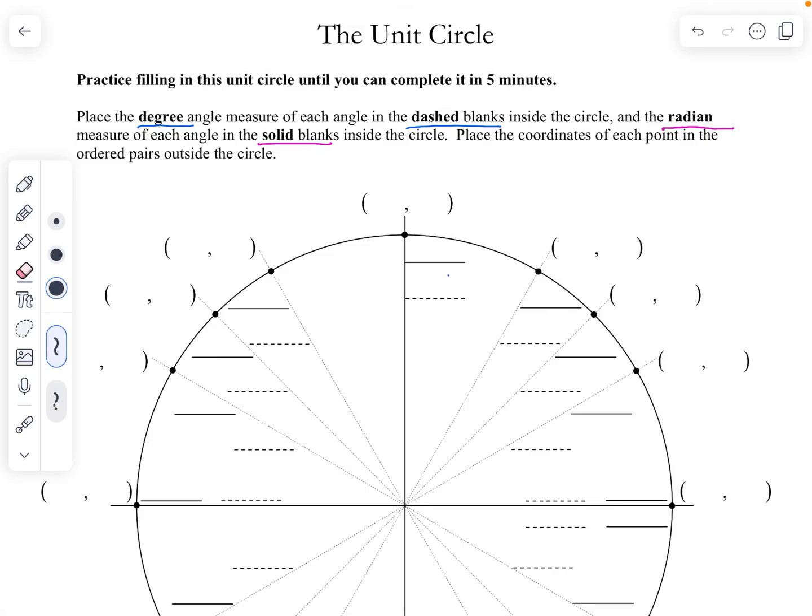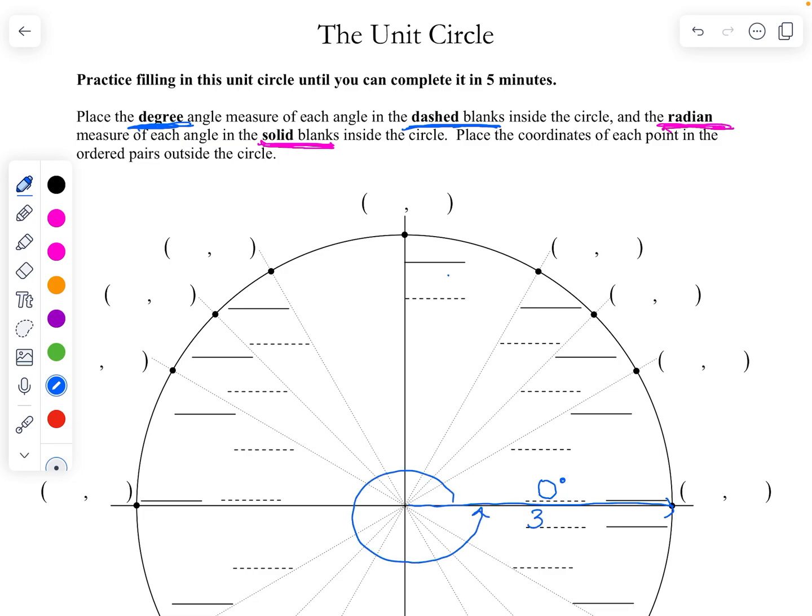We're going to do the unit circle, but we're only going to pay attention to the angles. In the dashed blanks we're going to do degrees, and in the solid blanks we're going to do radians. Okay, so we're going to start with degrees, and obviously we have 0 degrees because we haven't really left, right? Because this is going to be our initial side. So if we have 0 degrees here and we go all the way around, we'll be at 360